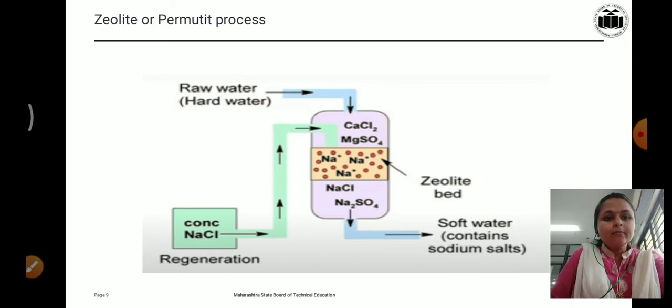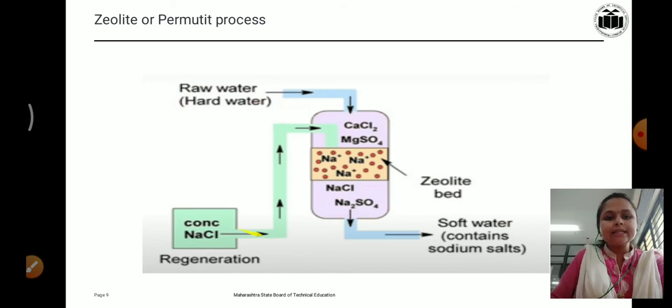That's why in this zeolite bed CaZe and MgZe are formed, and this Na reacts with the Cl2 and SO4 molecules. That's why NaCl and Na2SO4 are formed. This NaCl and Na2SO4 are removed with this soft water, and for the regeneration of this process, we stop this whole process and we add